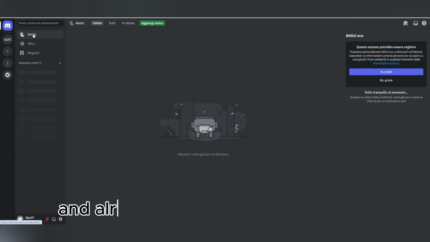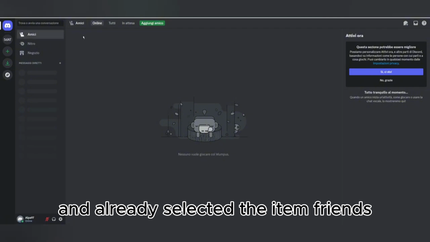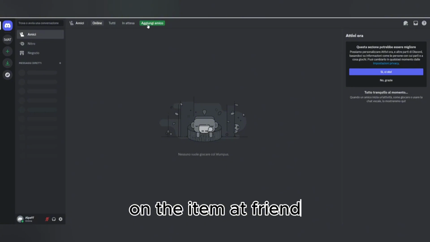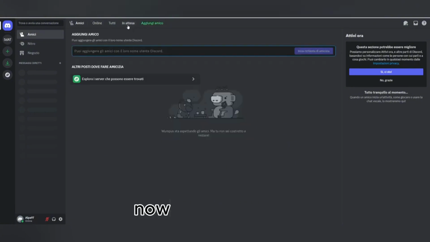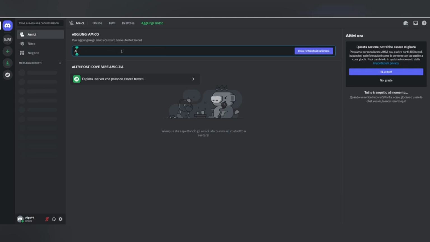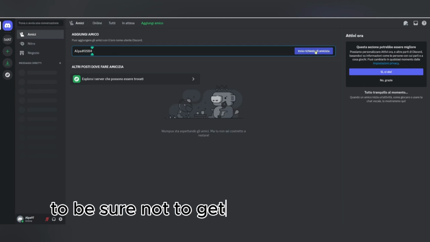As you can see here, the item Friends is already selected, therefore we should do nothing more than move to the top on the item Add Friend. Now inside this box enter the nickname of your friend on Discord. Remember to also enter the hashtag followed by the 4 numeric digits to be sure not to get the wrong